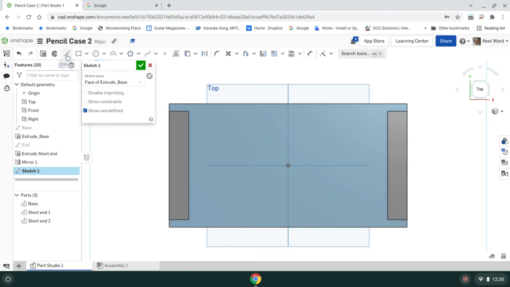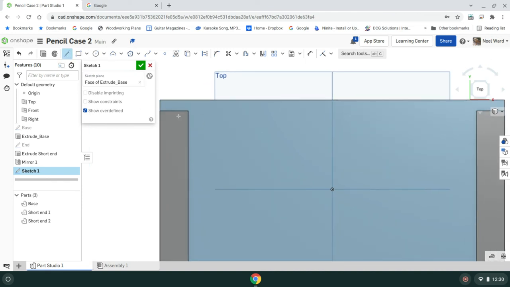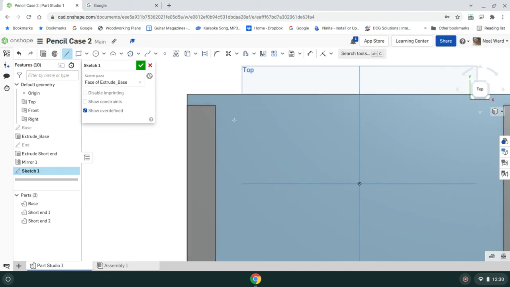And I'm going to create this end that's on here as well. So I need to go into the sketch line, and I'll just zoom in as far as I can here. Do you see it? Once those are highlighted, it means you're on those points. So I'm going to actually do that. I'm going to click there,